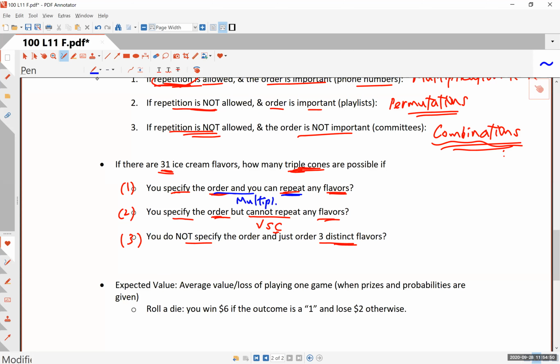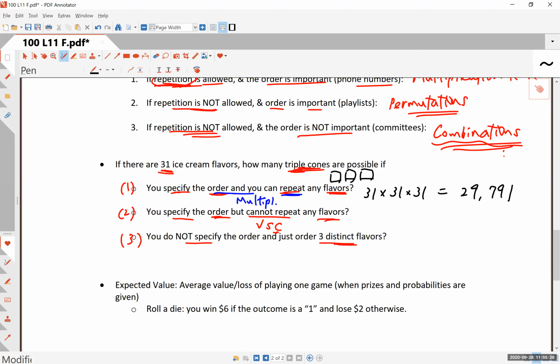Okay, so all you have to do is to do 31. And for the second, you can also choose any of the 31 flavors. And for the third, you can also choose any of the 31. So think of 3 boxes to be filled, each with any of the 31 flavors available at the store. So this is 31 to the cube, or to the third power, that's 29,791. So if you have 29,791 people going to the store, possibly every one of them can come up with a different triple count under